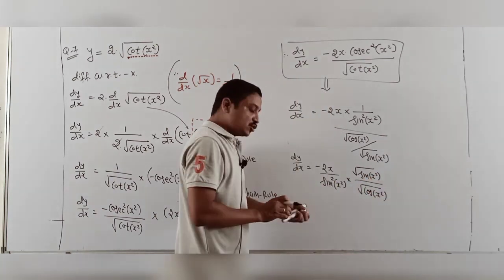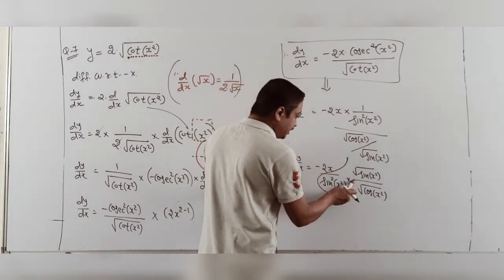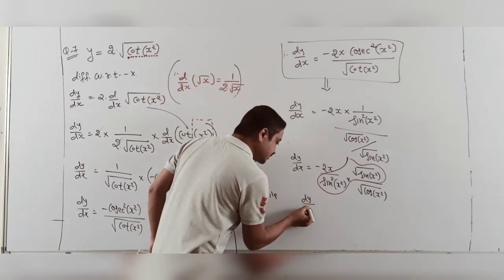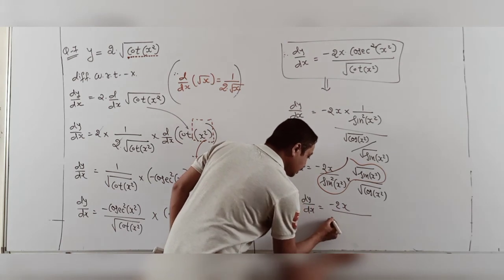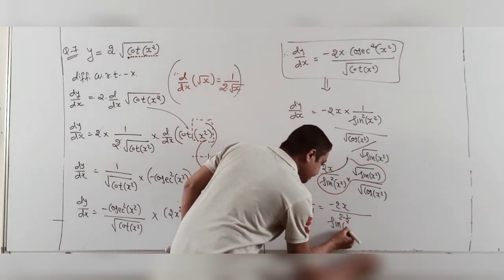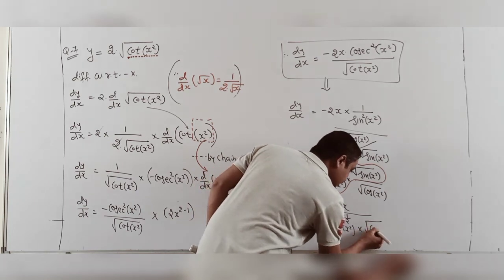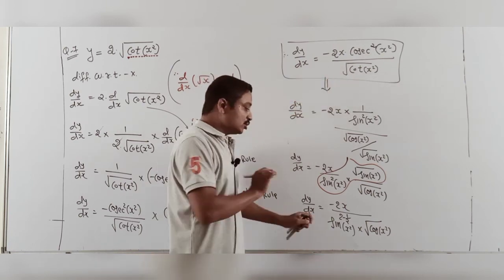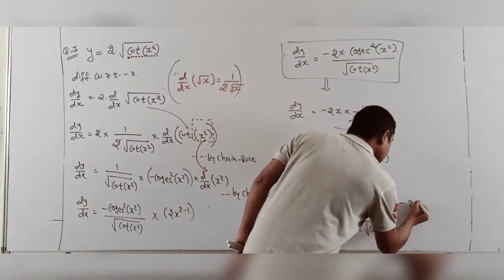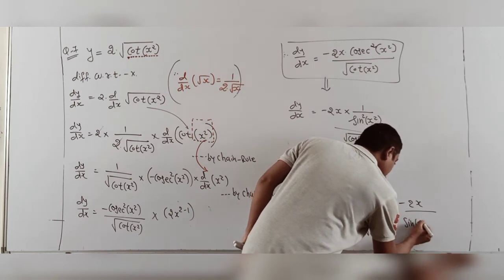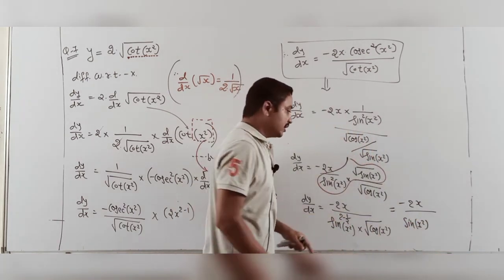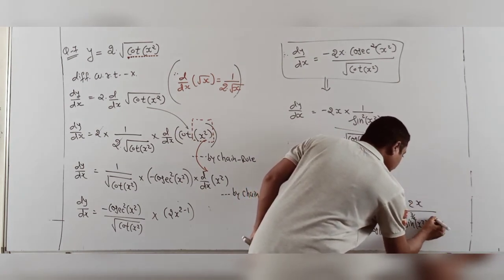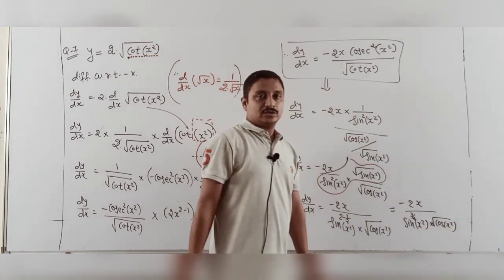Now students, these are the two joining functions, power n and half power n. You can also calculate, and the other answer is also true. dy by dx is minus 2 upon sine raised to 2 minus half of x square, same, and into cos of x square, also the same. Students, this is the extra. This answer is done here. So maybe this answer is also true. So finally minus, how much? Sine of x square, power 2 minus half, that is 3 by 2, and into cos of under root x square, same. So this answer is done.